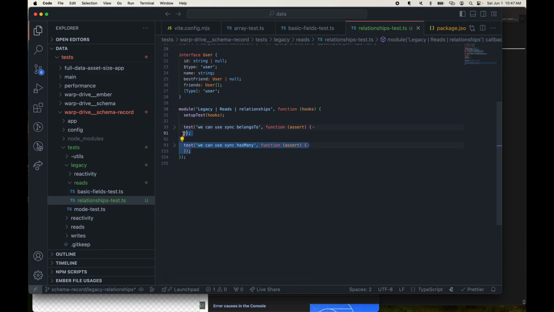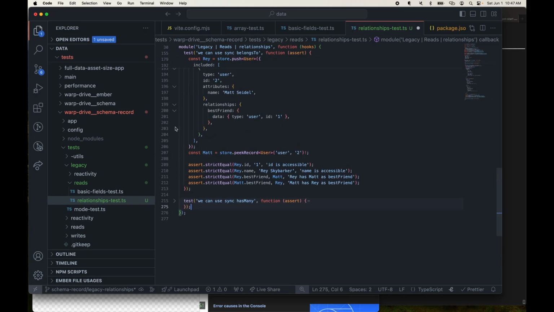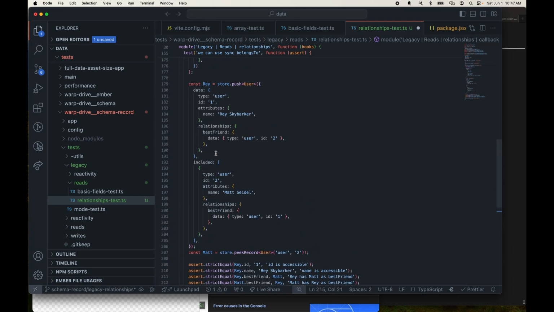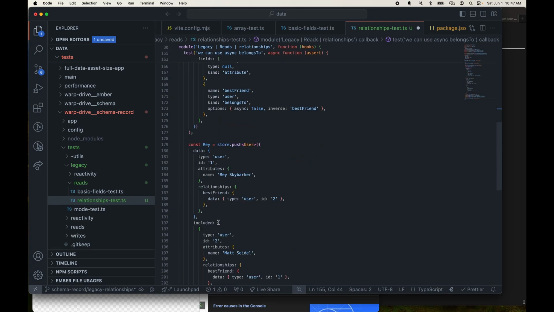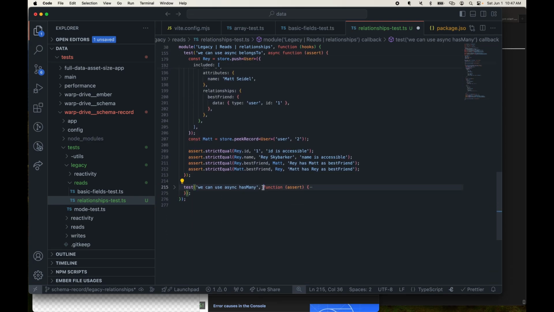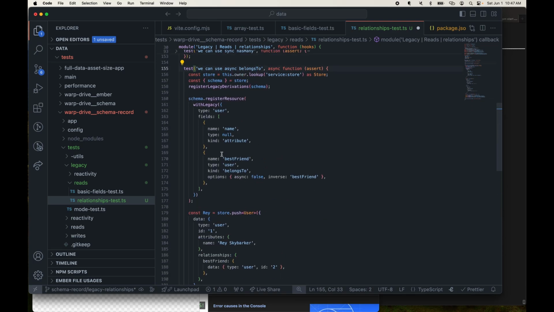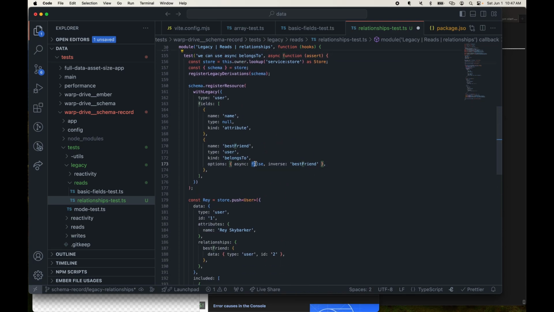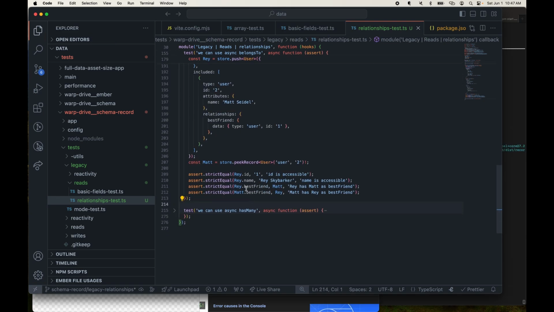We'll just literally copy both of these tests. And we are going to change them to being async. Async, and I'm going to make this async here so that we can do some awaiting in these tests. And then we'll start with the belongs to. So we want to say this is async true. And then we will come down here and we will say